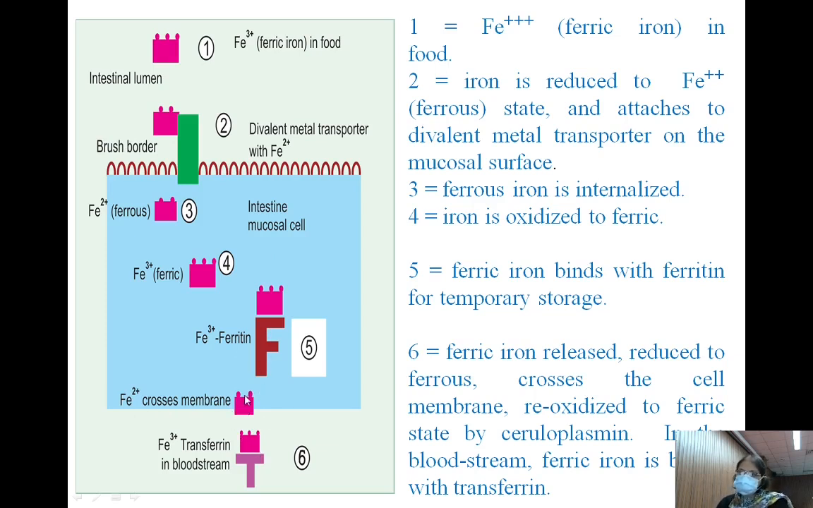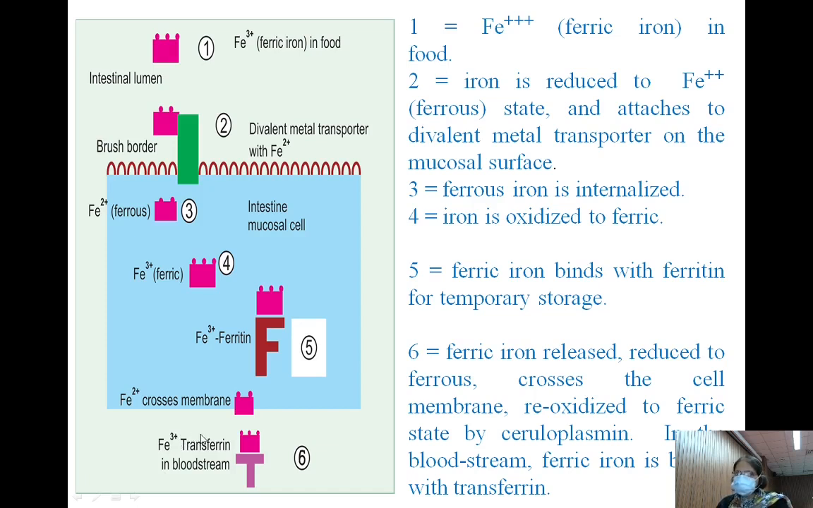So the ferric iron is converted again to the ferrous state, because ferroportin, the protein present in the basal surface of the mucosal cell, can transfer only the ferrous state, not the ferric state. It is crossed by ferroportin to the blood. As soon as it reaches the bloodstream, it is oxidized to ferric by the copper containing enzyme